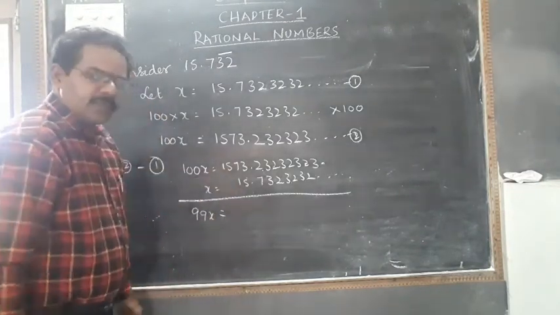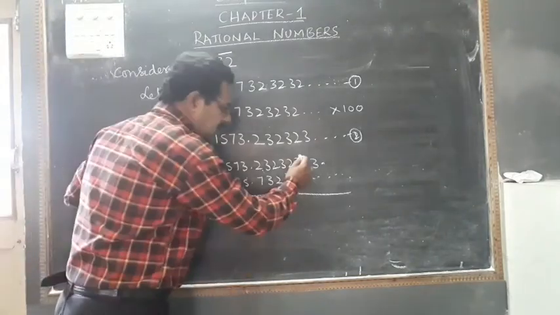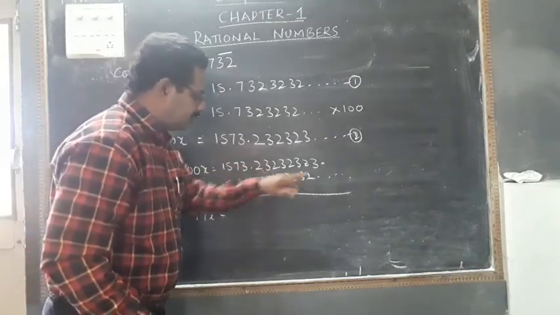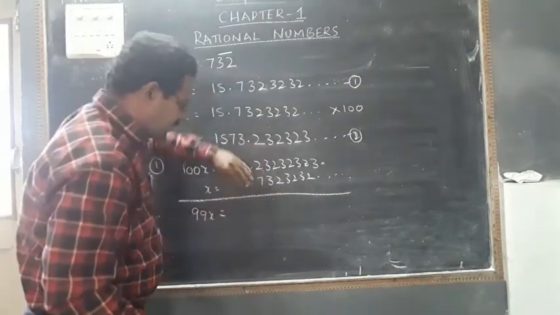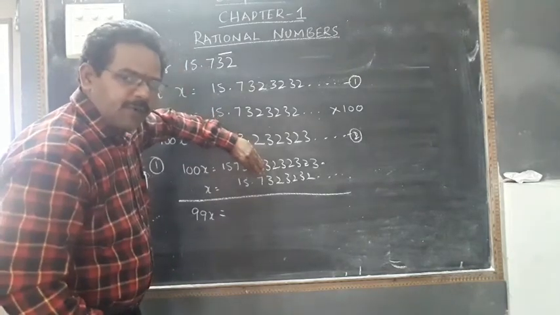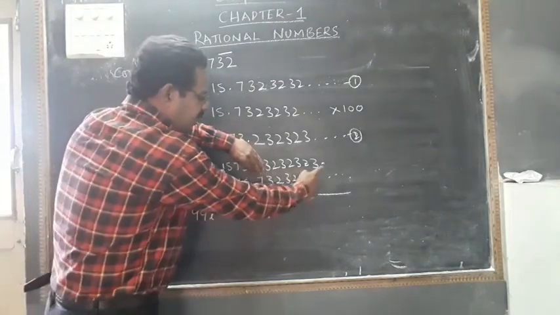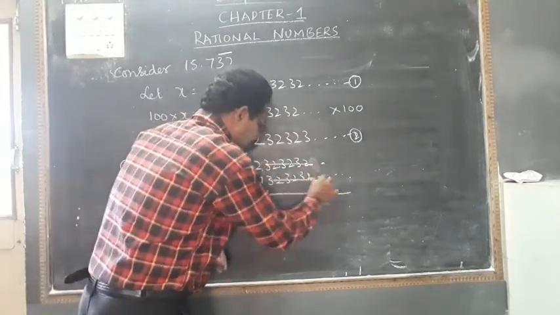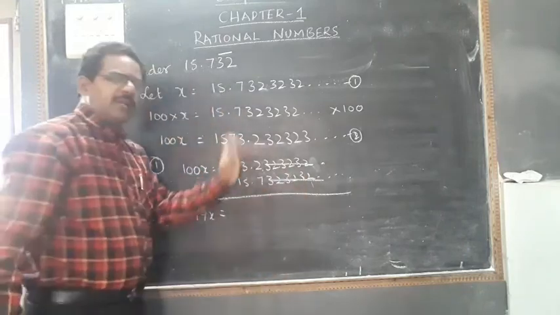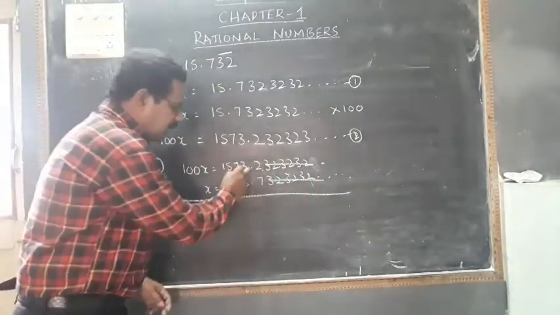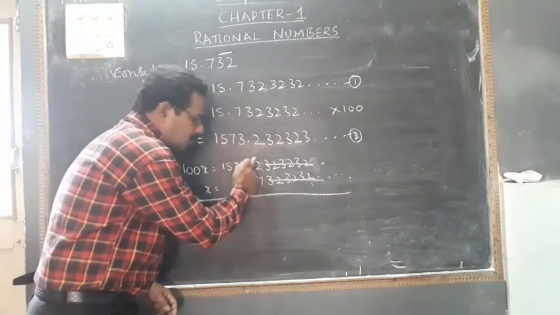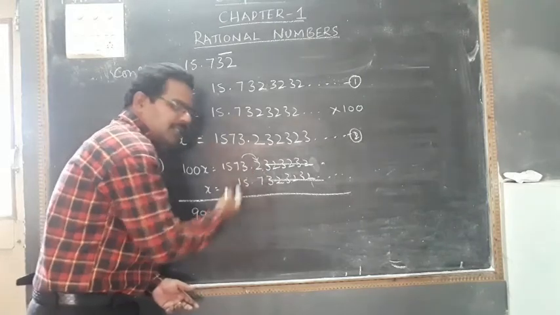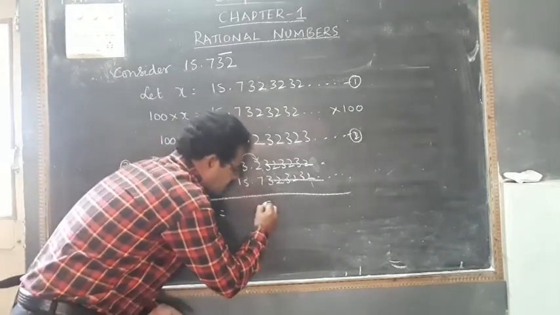In the right hand side, if you forget about this 2, you get 323232 minus 323232 like this, so all of this will become 0. No need to write it, that's why we are striking it off. Here 2 is there and 7 is there. 2 minus 7 we cannot do, so we borrow 1 to the 2. 1 and 2 that is equal to 12. 12 minus 7 is equal to 5.